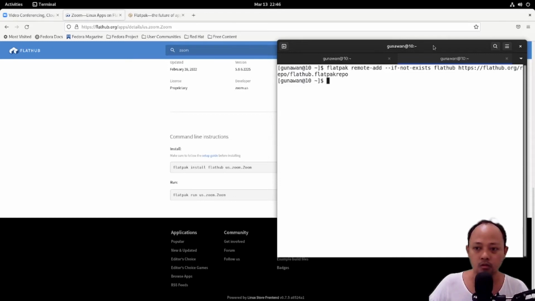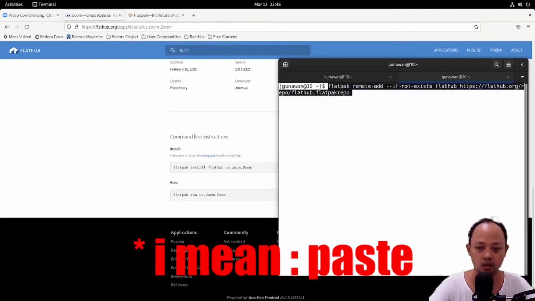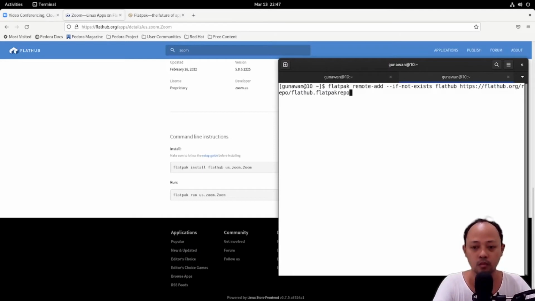I will show you how to install from the terminal. You just copy it here and then you can execute by pressing enter.